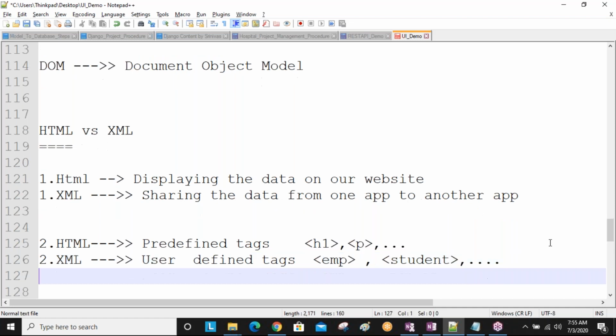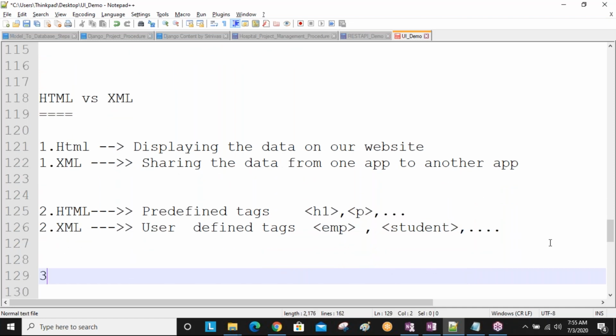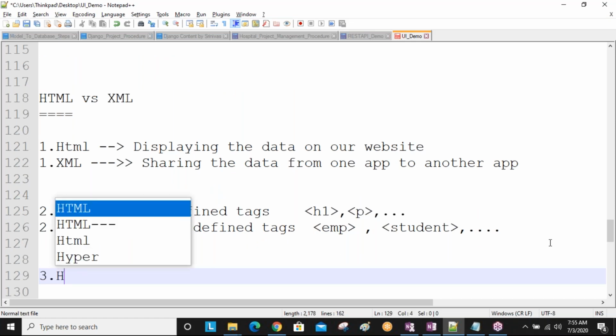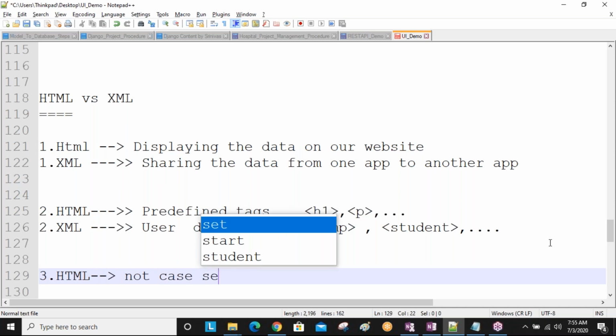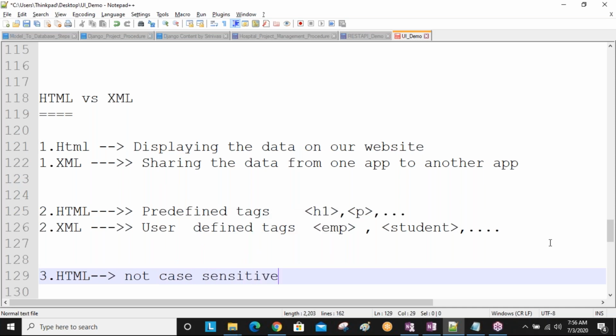Understand this point? Next point. Third point: is HTML case sensitive or not case sensitive? HTML is not case sensitive.